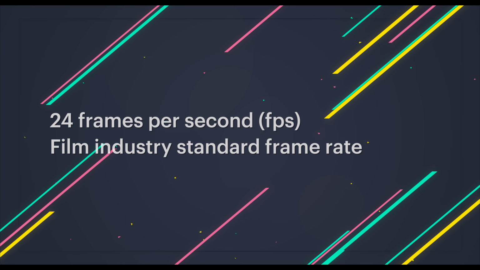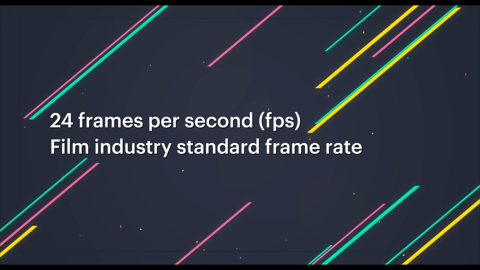So once I've decided what my camera movement and my composition is going to be, I can then move on to my settings. First, I want to talk about frame rates. Now, the magical cinematic frame rate, again, that is associated with the cinema is 24 frames per second. 24 frames per second has been the film industry's standard frame rate for decades.